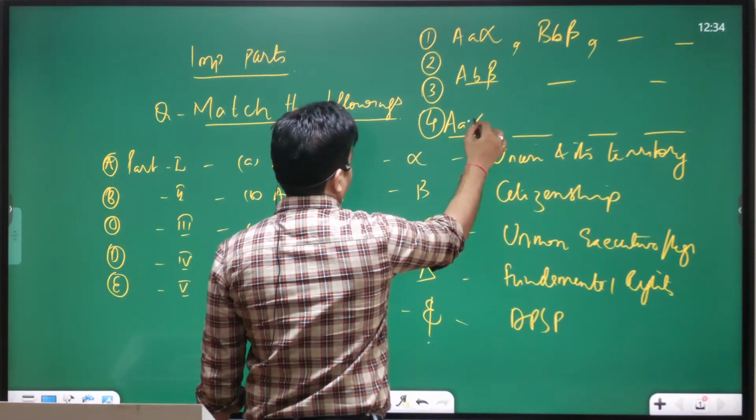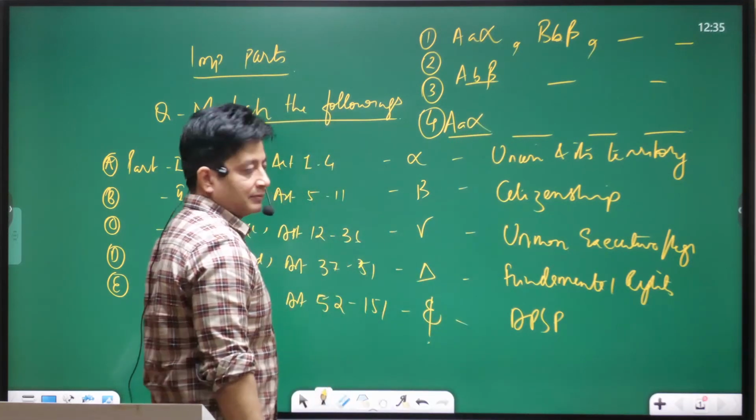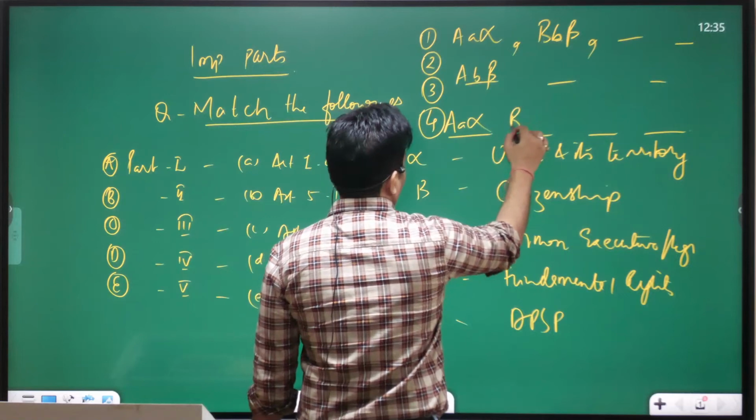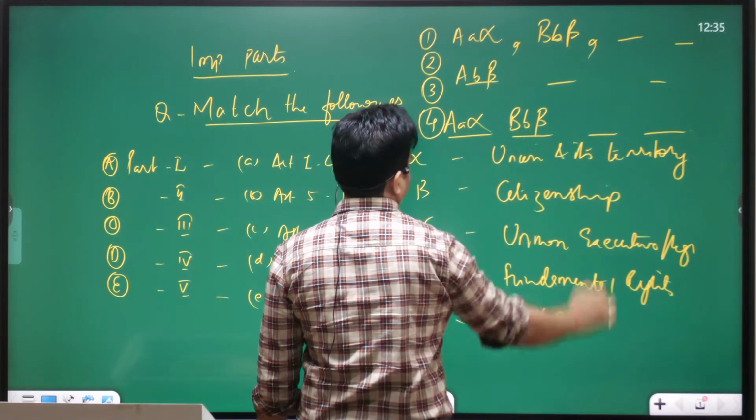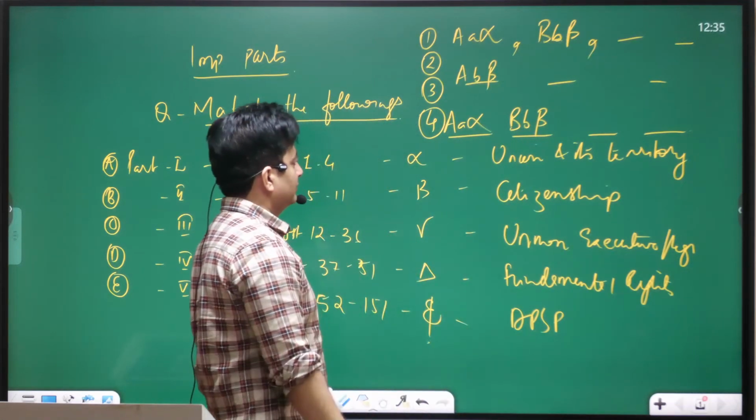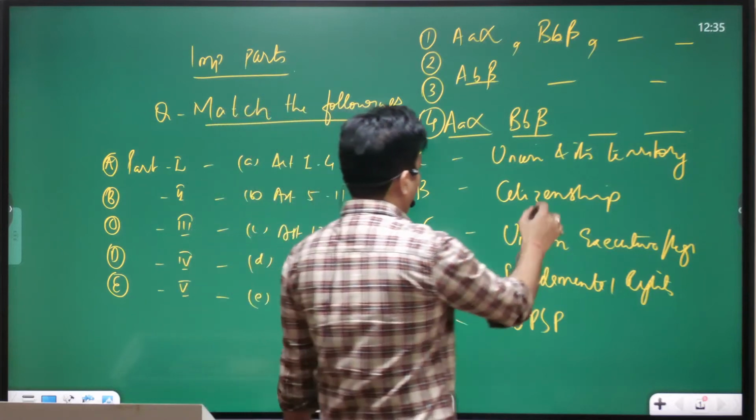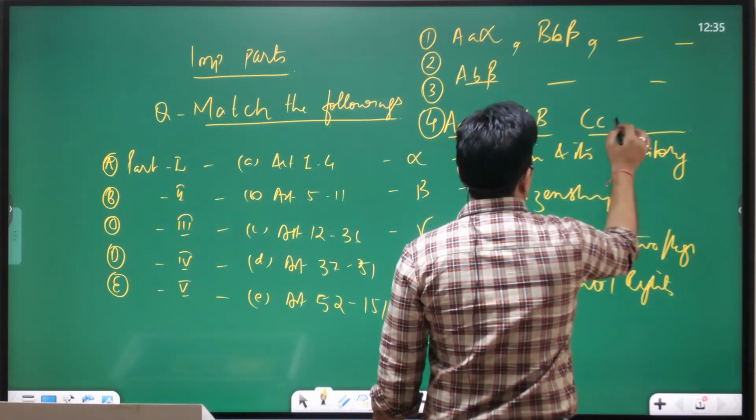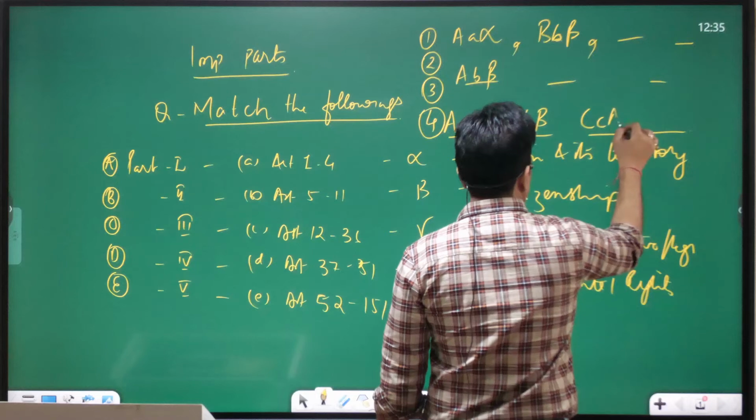ए अल्फा, देन बी बीटा। आगे बोलो। सी डेल्टा।